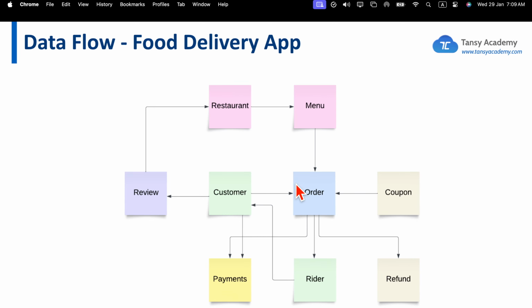So moving forward, here order and customer are at the core of this data system, of this software application system. So the customer places an order. He also gives a review to the restaurant, and the restaurant has a menu. So this menu will flow back into the order, and then the coupons can be applied to an order, and